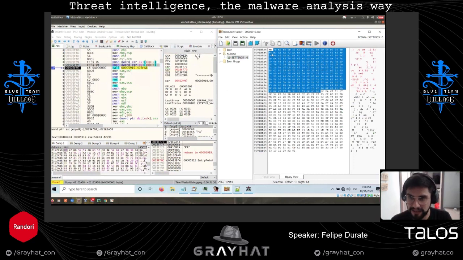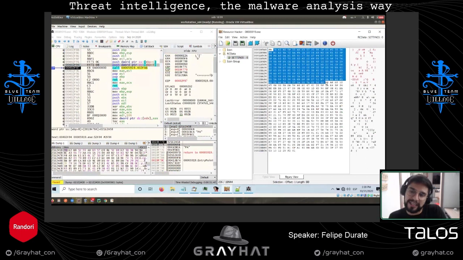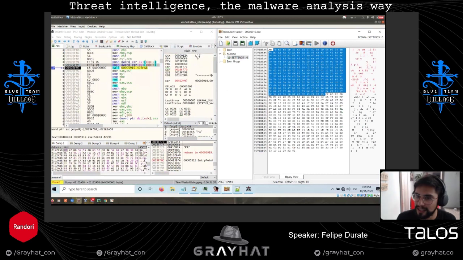a key length and the key and the data of the key. So probably this value could be the key length, and from this part it could start, like the key up to the key length. So let's find where it finishes, FB. So it starts with FB. That probably could be the key length. The key could be this part, and the actual data could be this. It starts with C. How can we prove that?